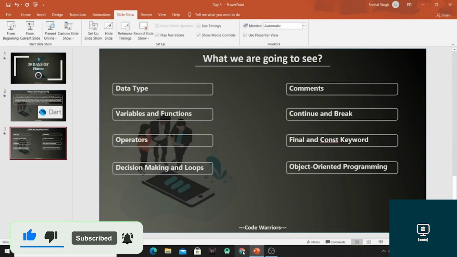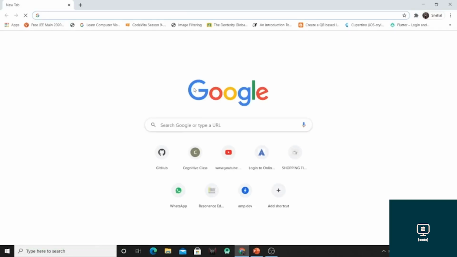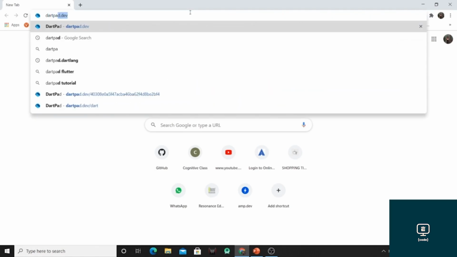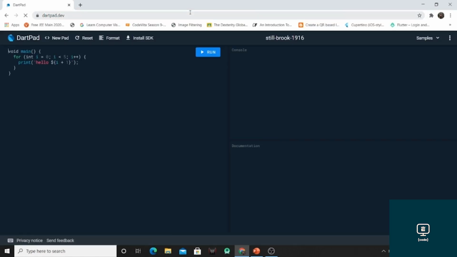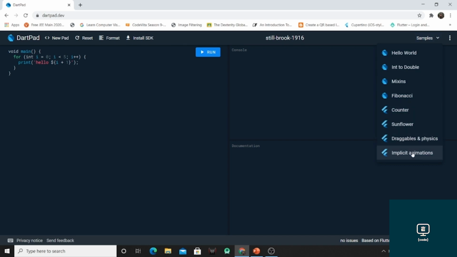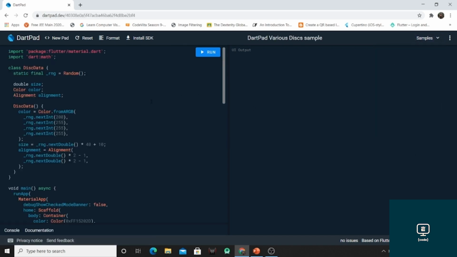For that, just go to your Chrome. Now search for DartPad, which is an IDE given for running Dart programs. This program is predefined and available for users to run. In this you can also have some sample programs which you can run by clicking on run, and the output will be available in this console part.